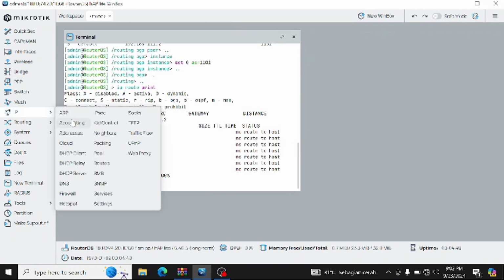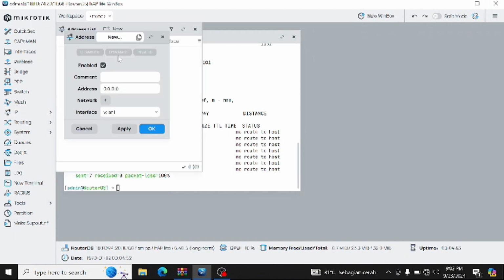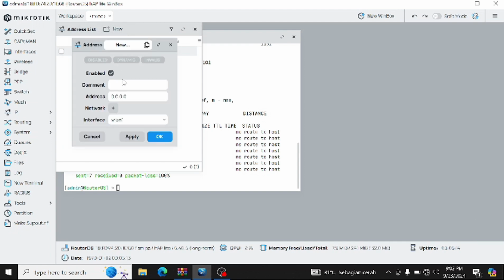I want to set first in IP, addresses, new, so we can choose the ether 1 and give the IP. Same with router to router, and don't forget to give the slash. I'm sorry, the slash is 30, not 24.